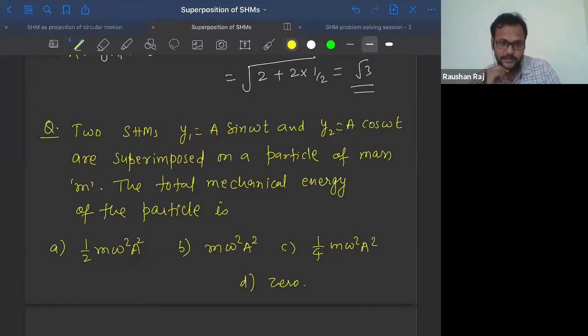Vijay Lakshmi, you are getting 2 omega m omega square a square? Okay, m should be there, na? Lock karke rakho. Let us see. Okay, Hari Prakash is saying m omega square a square. There are so many of you saying option B is correct. In the poll section, 35% of you are saying A, and 45% of you saying B. 9 and 11% are saying C and D respectively. In the chat section, everybody is saying option B only. What is going on in the chat? There is a kind of consistency in the chat section.